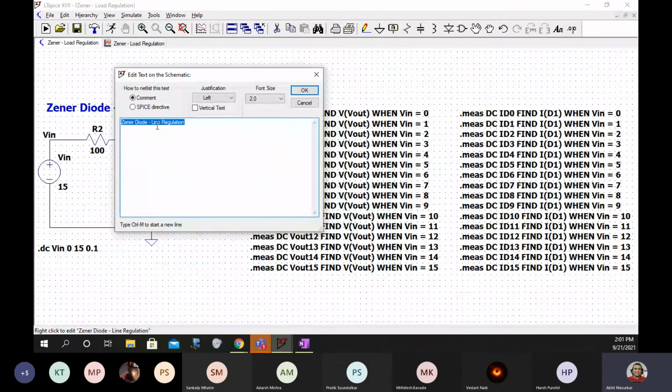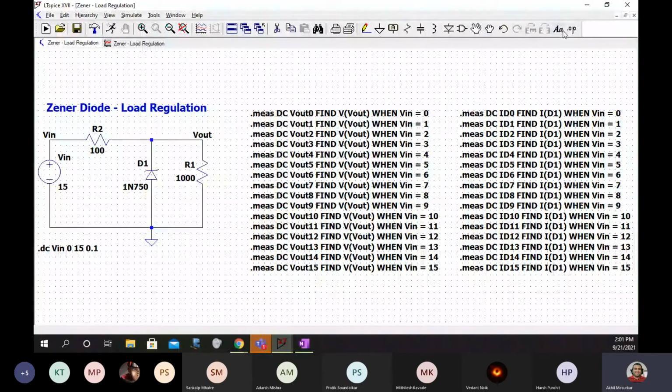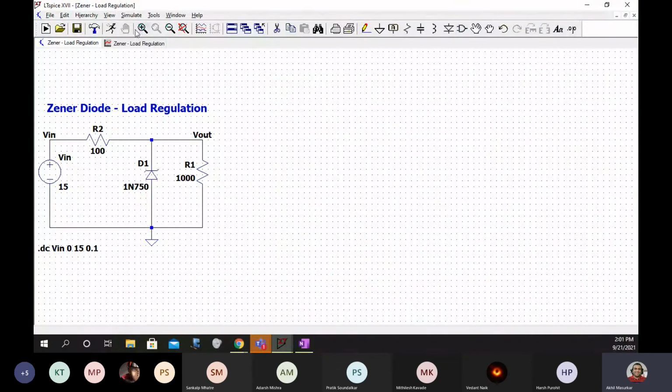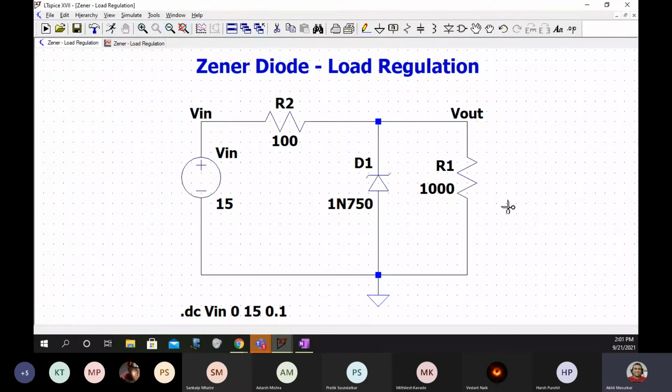So Zener diode as a load regulation. For the time being, I'll remove this command here, of no use. I'll remove this also. Now we are working with a fixed Vin value.